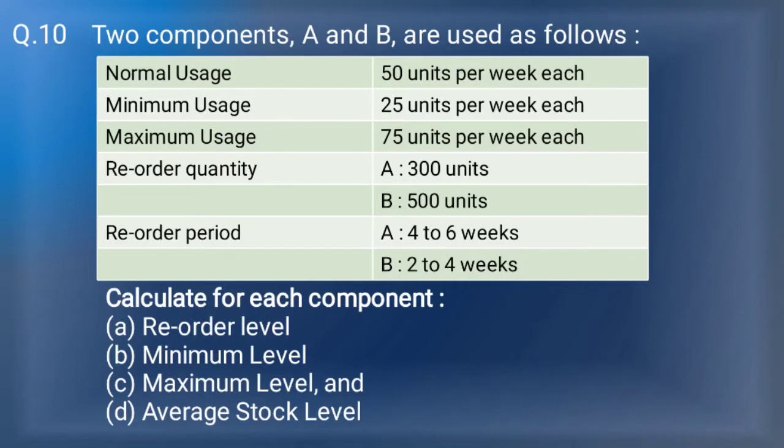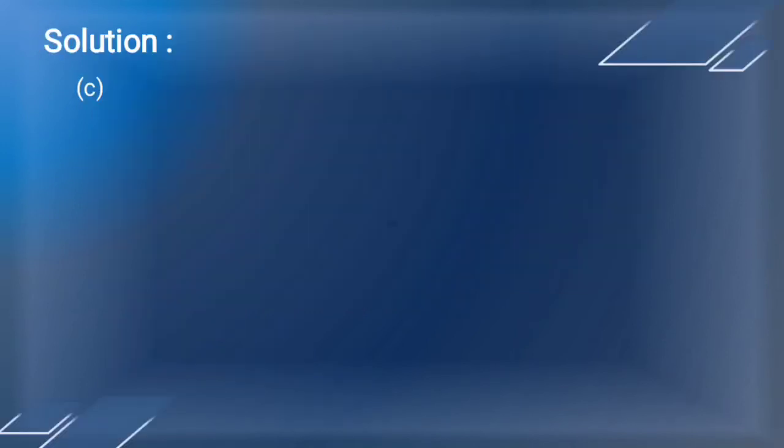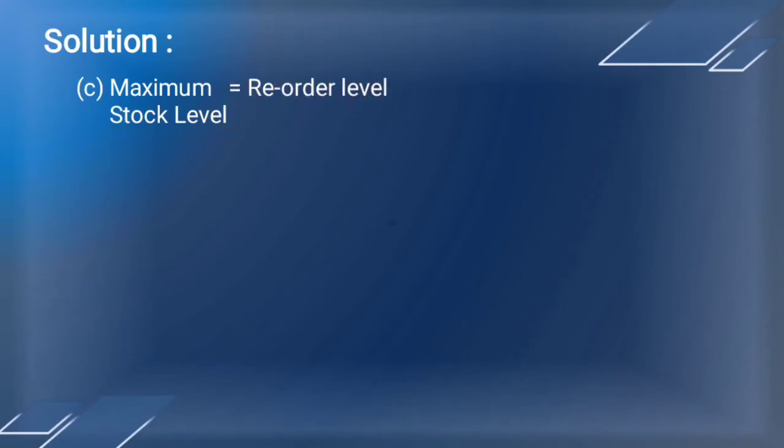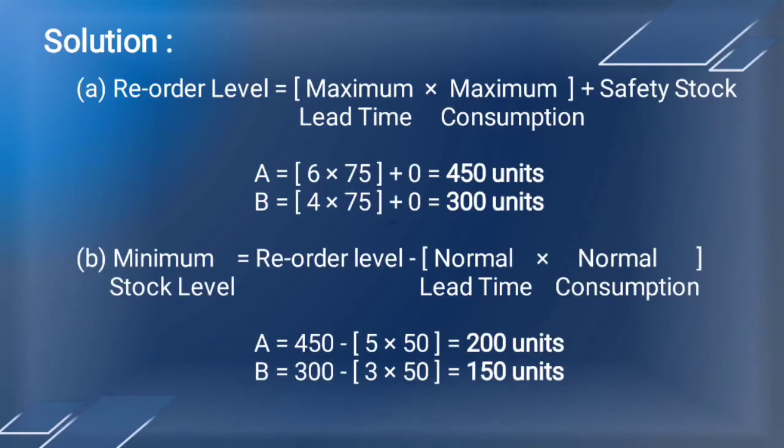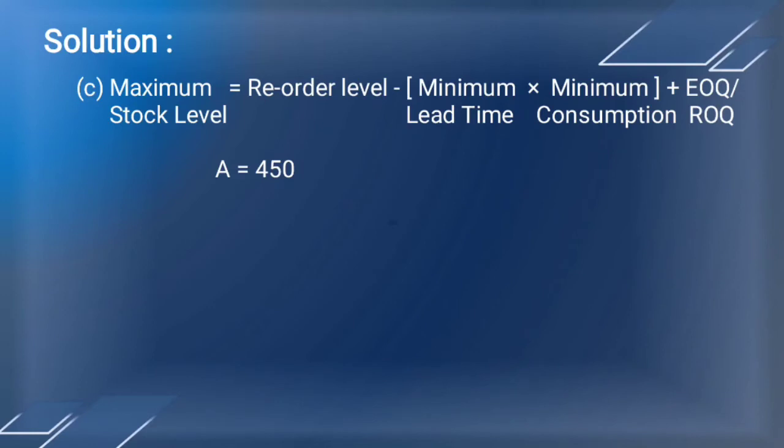Next, we are required to calculate maximum level. C maximum stock level, which will be equal to reorder level minus minimum lead time into minimum consumption plus EOQ or ROQ. So for component A, which is equal to reorder level, which is 450 units for component A. So we'll record 450 minus minimum lead time,